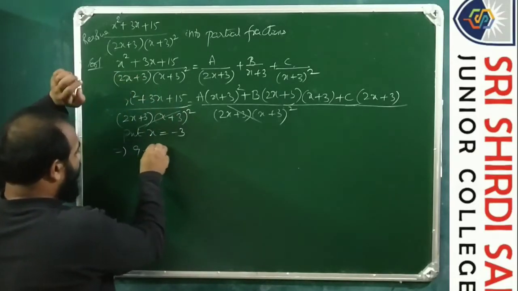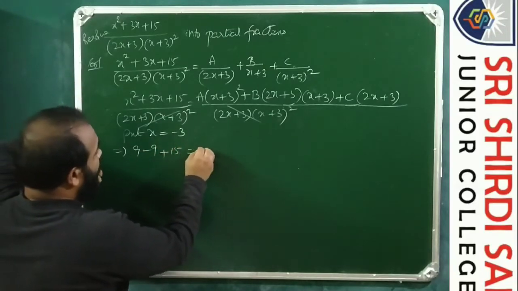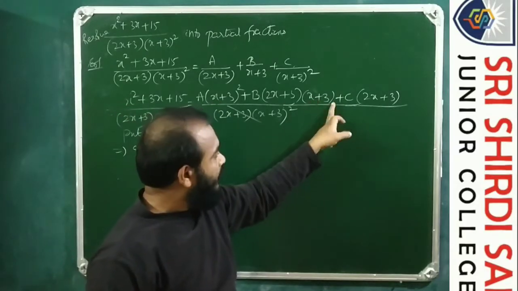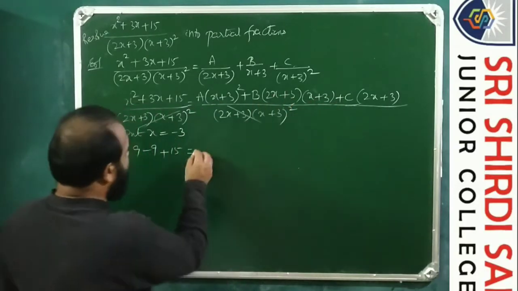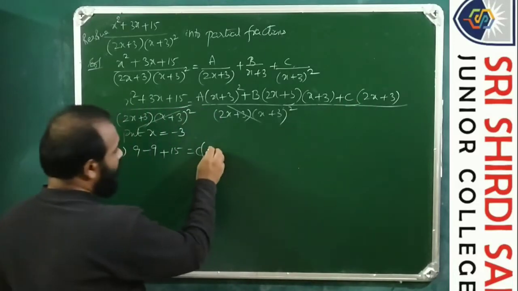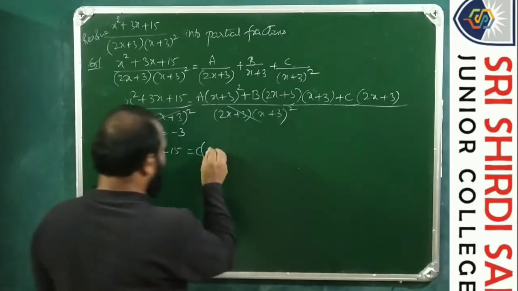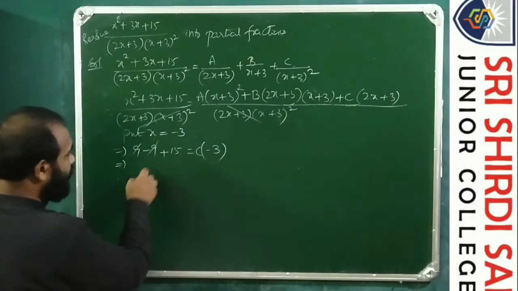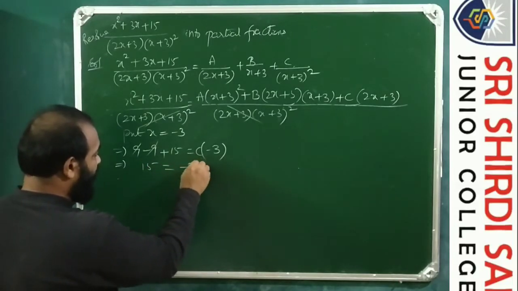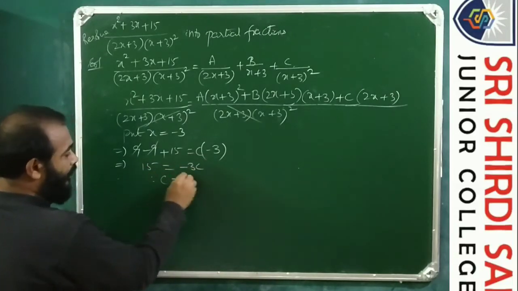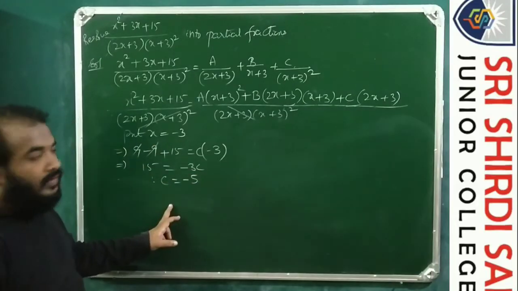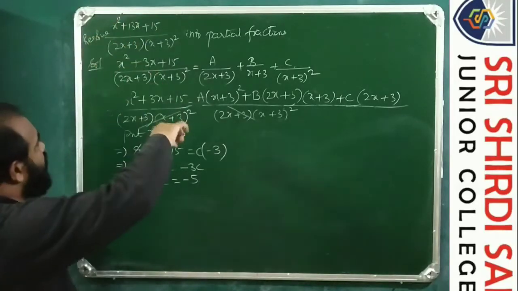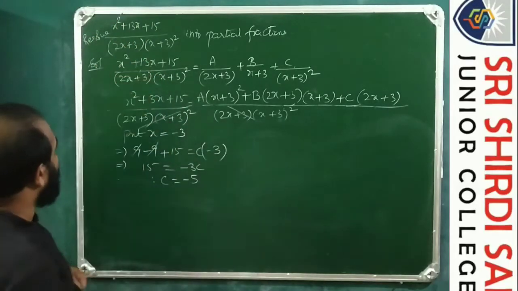So here put x is equals to minus 3, substitute minus 3 whole square 9. So 3 into minus 3, 9 plus 15 is equals to, this on substitution gives 0, this on substitution gives 0, minus 3 plus 3 is 0 into something 0. So C into the last one is 2 into minus 3, minus 6 plus 3, so minus 9. So these two get cancelled. 15 is equals to minus 3C. Therefore C is equals to 15 by minus 3 is minus 5. This is wrongly written. This is not 3x, it is 13x. So this is equals to 13x.